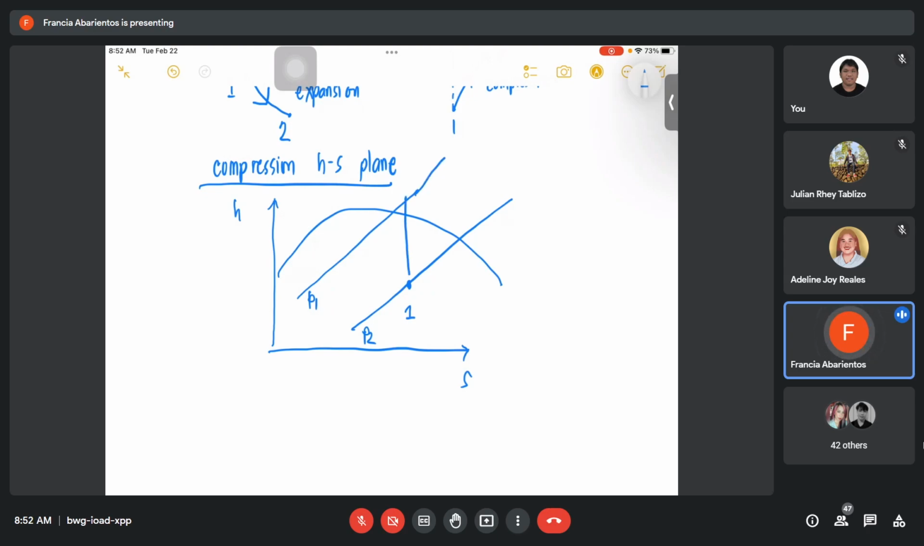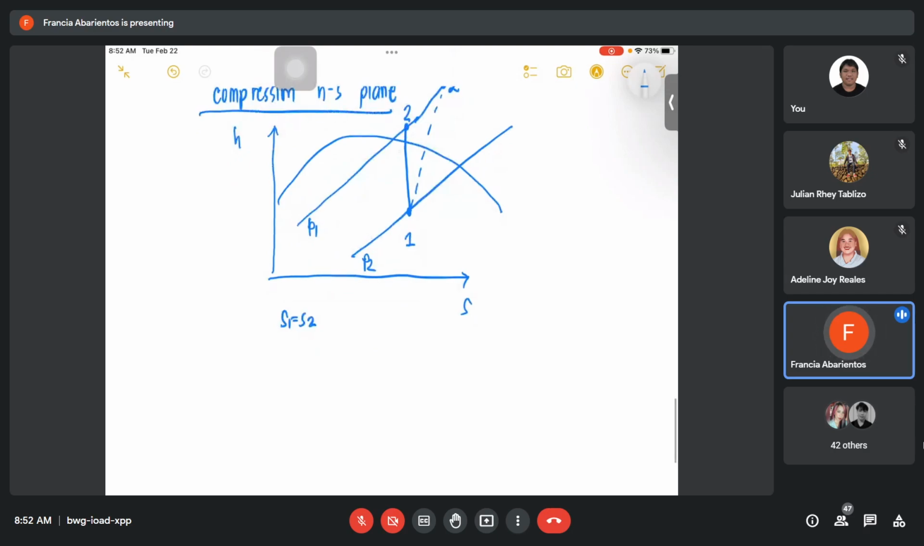Since this is an adiabatic process, this is a constant. S1 is equal to S2. But since this is a reversible process, meron ka ditong 2 prime. So, ang tawag nito class is compression. So, when computing for the compression, okay, anong pinagkaiba niya? Sa efficiency of compression class,